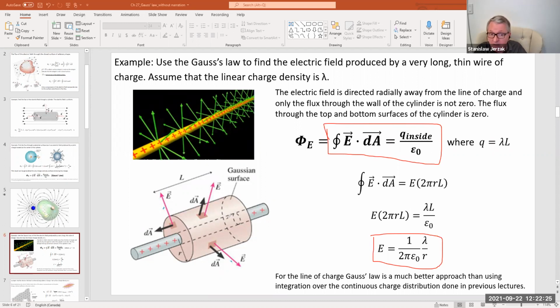And you will understand in a minute why a cylindrical surface is the most convenient. So this line of charge is now surrounded by a cylindrical surface, so that the line of charge goes through the center of the cylinder. And we now calculate the flux of the electric field through that cylindrical surface, right? So we will use the field produced by that line of charge, and